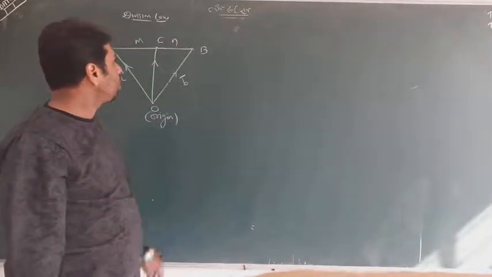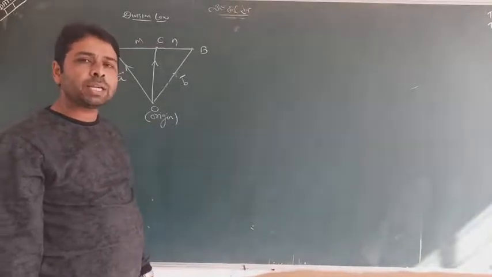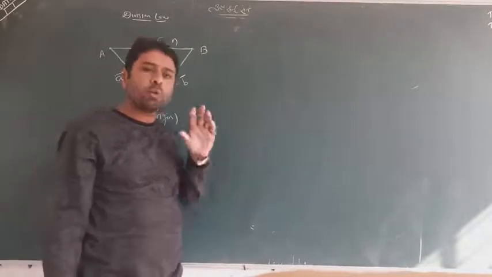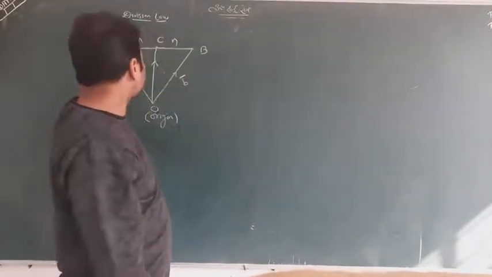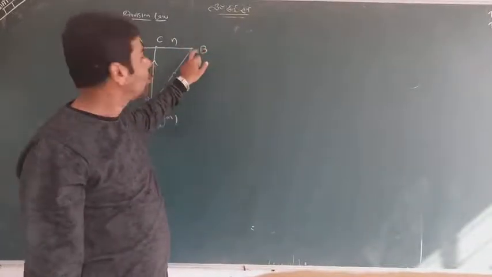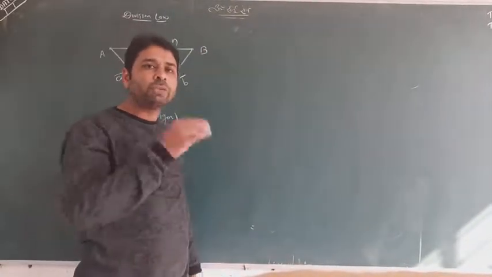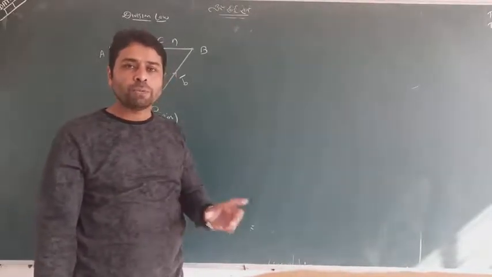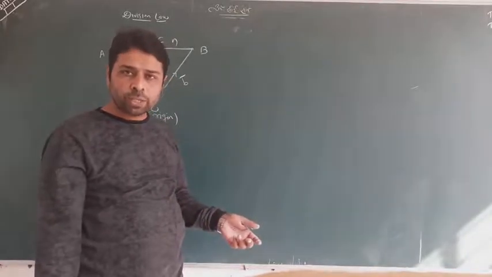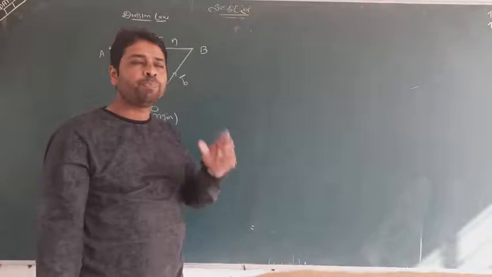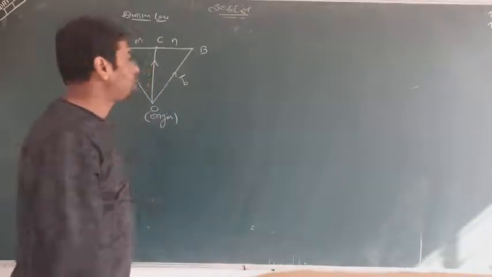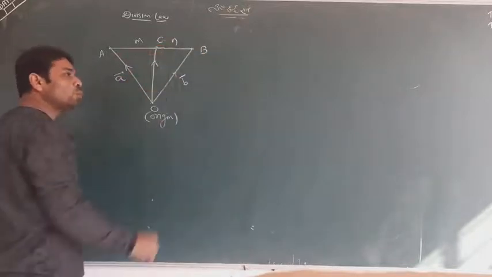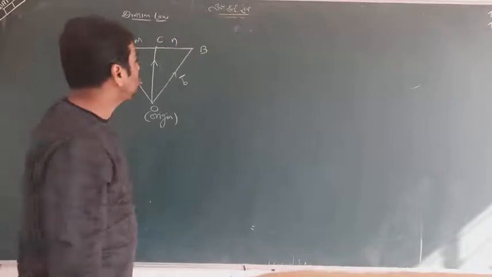So we saw many times, even in class 10th, the division formula, where it was coordinate focused. A was given as a coordinate, B was given as a coordinate, so find the coordinate of C which divides AB internally in m is to n. This time we focus on position vector. The only difference is that that time we used coordinate language, this time we use position vector instead. So we have OA equal to a, OB equal to b, and we want to find OC. What is vector OC?